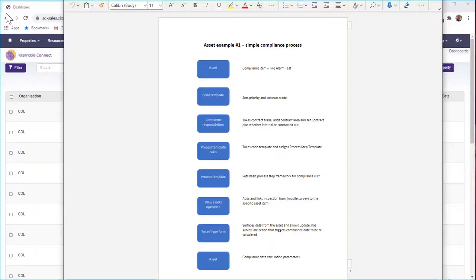Hello. This video is first in a series just looking at the asset management functionality in Connect. This is an example walkthrough of a very simple compliance scenario. So it's a single compliance item, and we're just going to try and explain the linkages that you put in